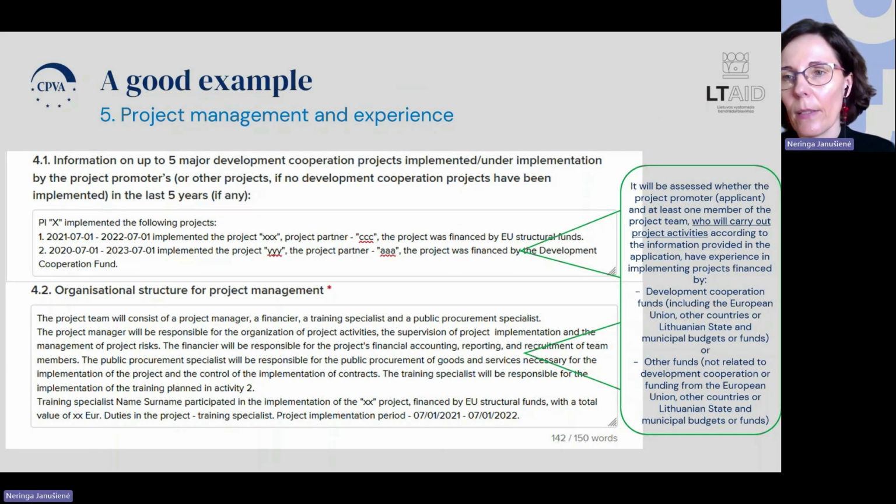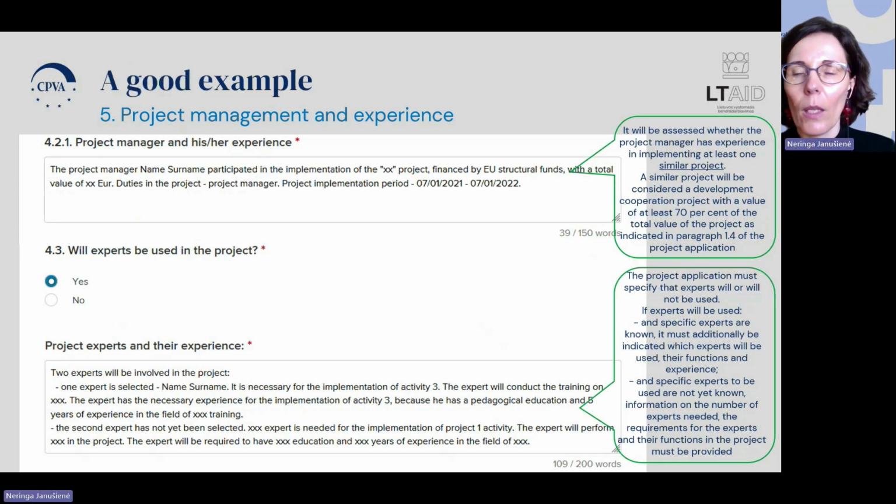it will be assessed whether the project promoter, the applicant, and at least one member of the project team who will carry out project activities according to the information provided in the application have experience implementing projects financed by development cooperation funds or other funds. Therefore, it's important to provide the required information for parts one and two of the project application. And it will be assessed whether the project manager has experience in implementing at least one similar project. And here we mean a similar project,